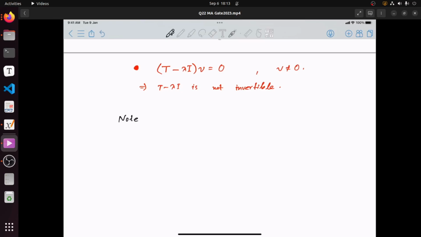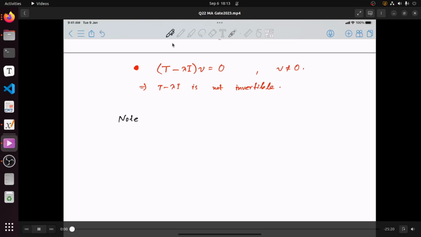Rank of T minus 3I is 3, right? So what is this saying? So T is a linear transformation from R4 to